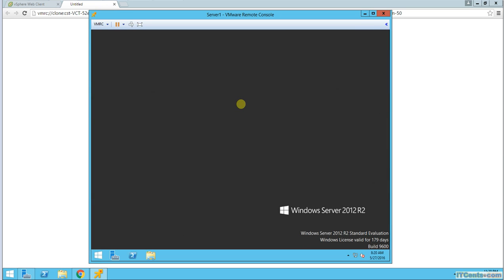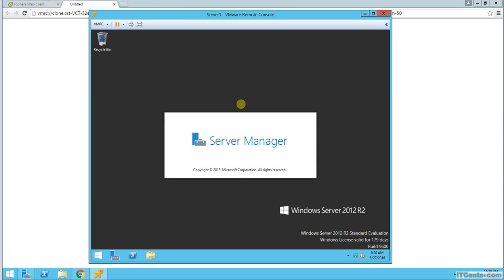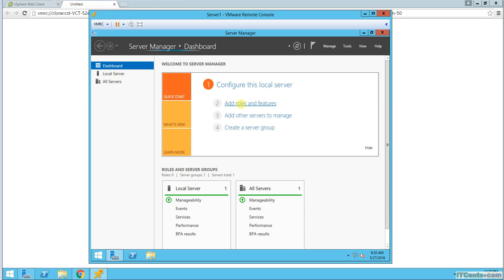This is Windows Server 2012. If you want to create a template for Windows Server 2012 or Windows 2008 or any of the newest operating systems,